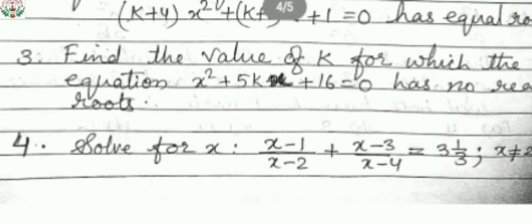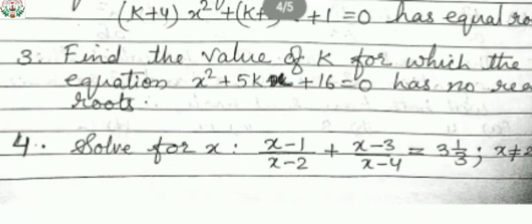Then after that, whatever numerator you get on simplification, the denominator will be (x minus 2) into (x minus 4), equals, now this mixed fraction you change into an improper fraction: 3 3s are 9, 9 plus 1 is 10, so 10 upon 3. Now you cross multiply, and on cross multiplication and simplification you will get a quadratic equation. Once you get the quadratic equation, using the root formula, find the value of x.